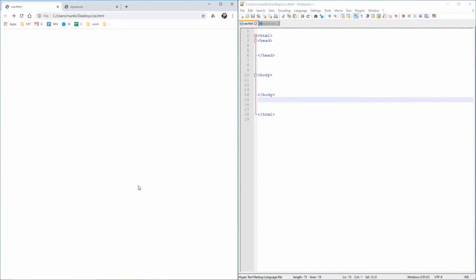Now CSS cannot work without HTML, so first you need to learn HTML and use CSS to improve the HTML. If you don't use HTML, you cannot use CSS. Now, there are 3 types of CSS, and we're going to make all of them. Now, the 3 types are